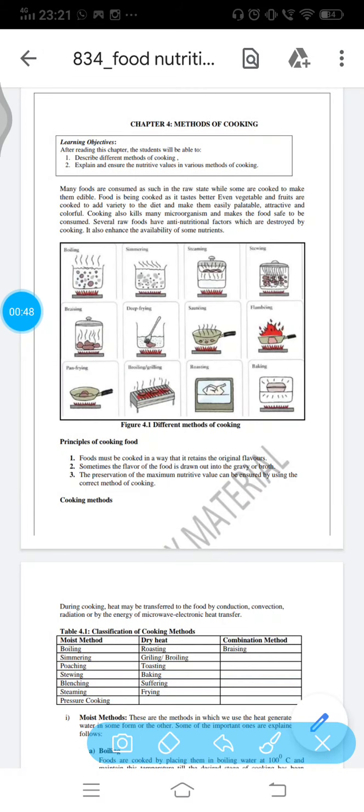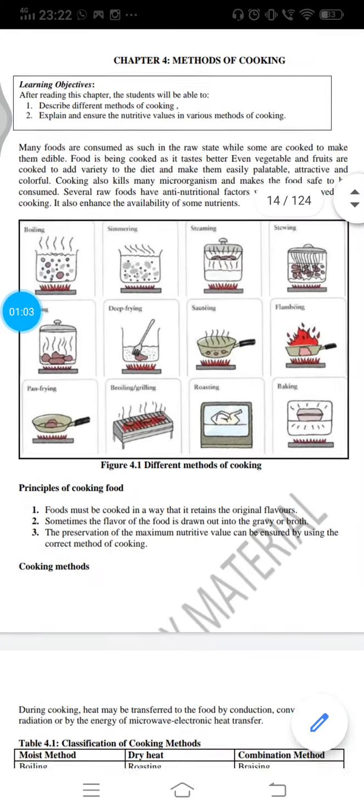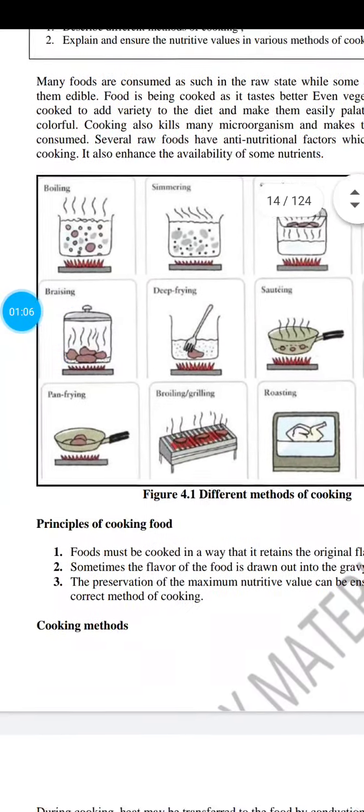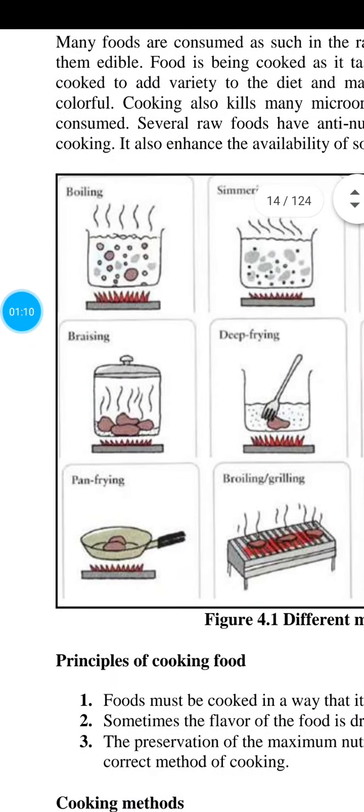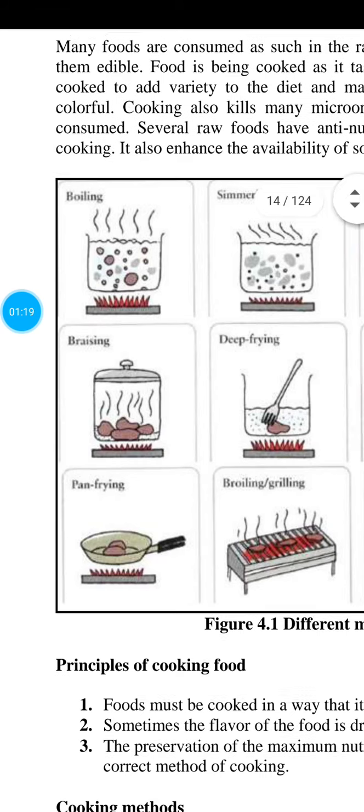The next thing which we see here is this image or diagram which all of you can see in your notes. If we look at the different methods of cooking mentioned here, the very first one written there is boiling. Now, if I'm talking about boiling, I think it's clear to all of you. Boiling means we keep something over the heat, and with the help of vapors, at the boiling temperature, something gets cooked.